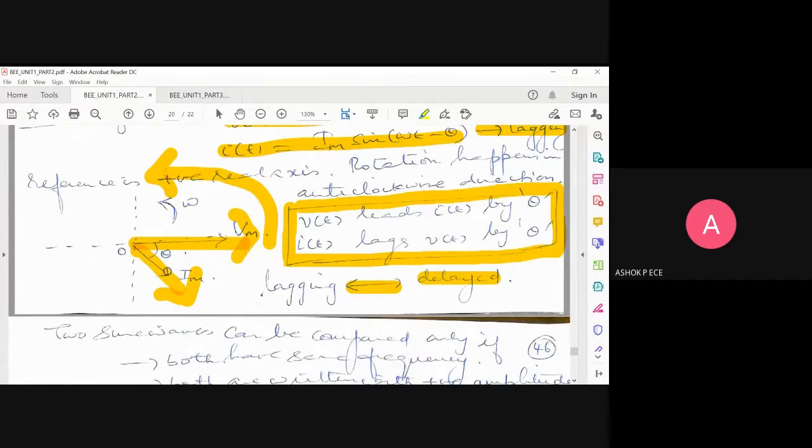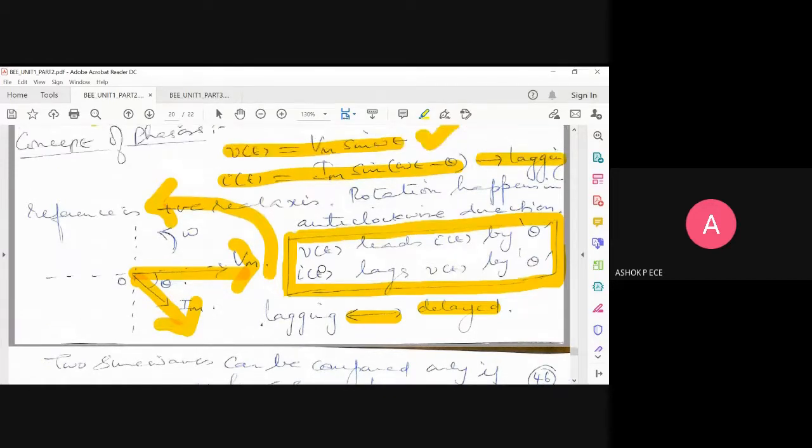That is the significance. And assume if you have I of t equal to Im sine omega t plus theta, then you will be drawing Im here. This angle will be theta. And when you rotate anti-clockwise, I will come first, then V will come. So I will say current is going to lead my voltage by theta degrees. That's what makes your understanding very simple with phasors. They convert even every complex equation into a simple vector. So that's why phasors are useful in all the analysis of our AC signals.